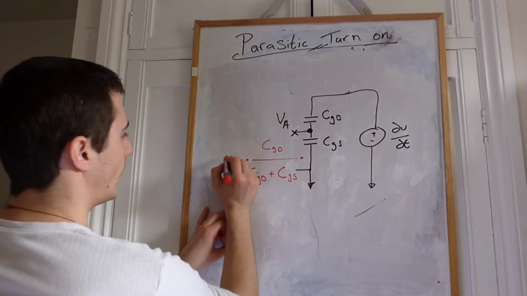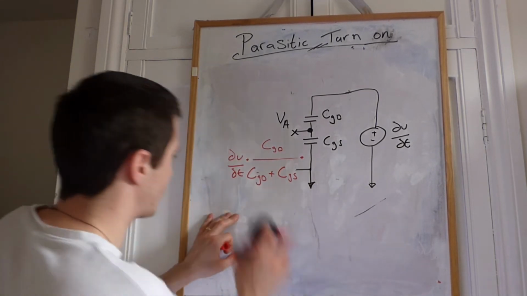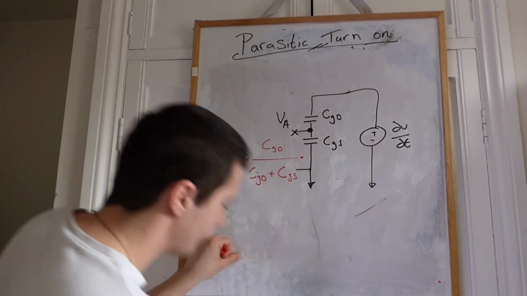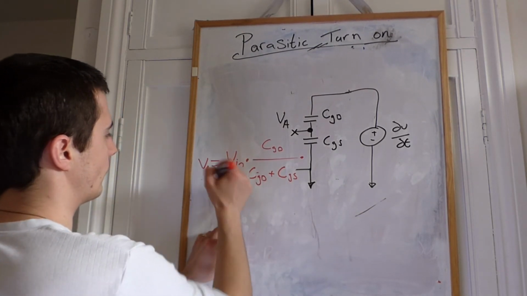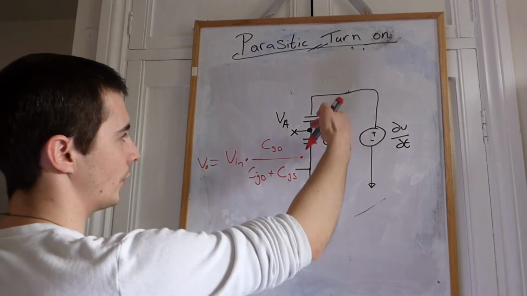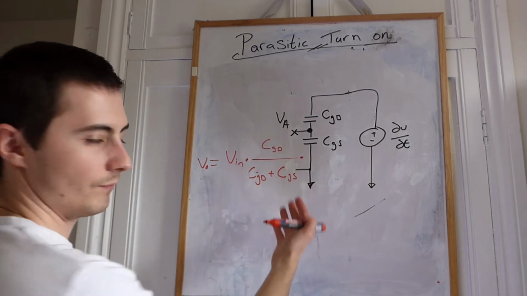So if I whack that in, so dV dt, which for the time being, just to simplify things, I'm going to call that V in. Okay, so V out is equal to your input voltage multiplied by your top capacitor divided by the top plus